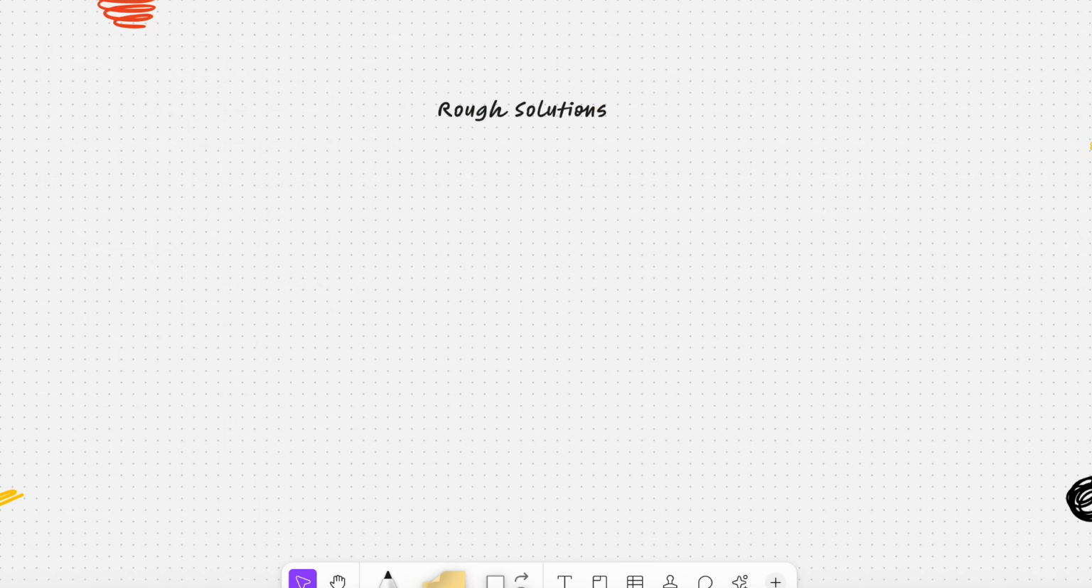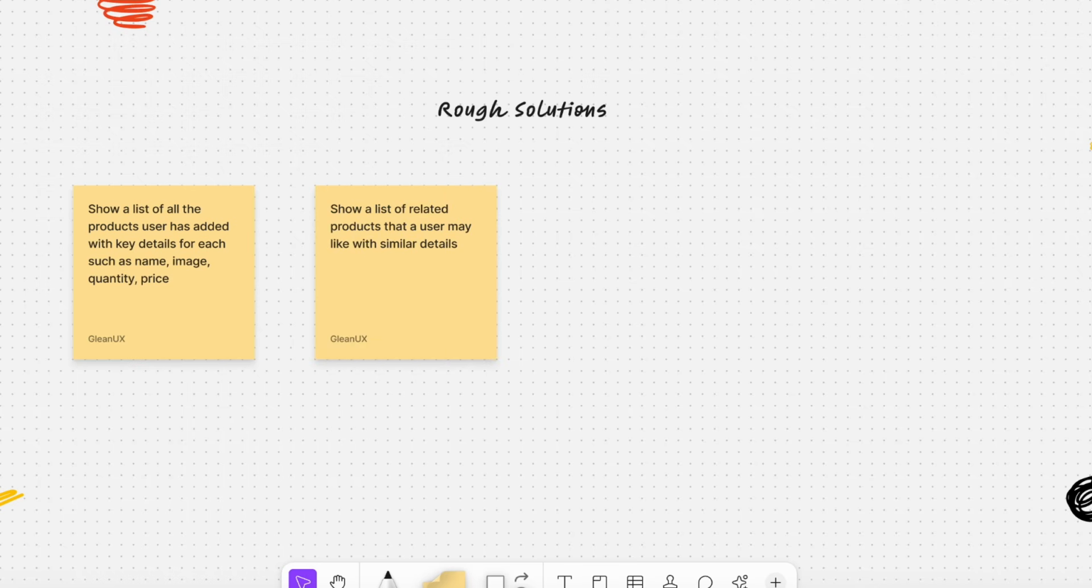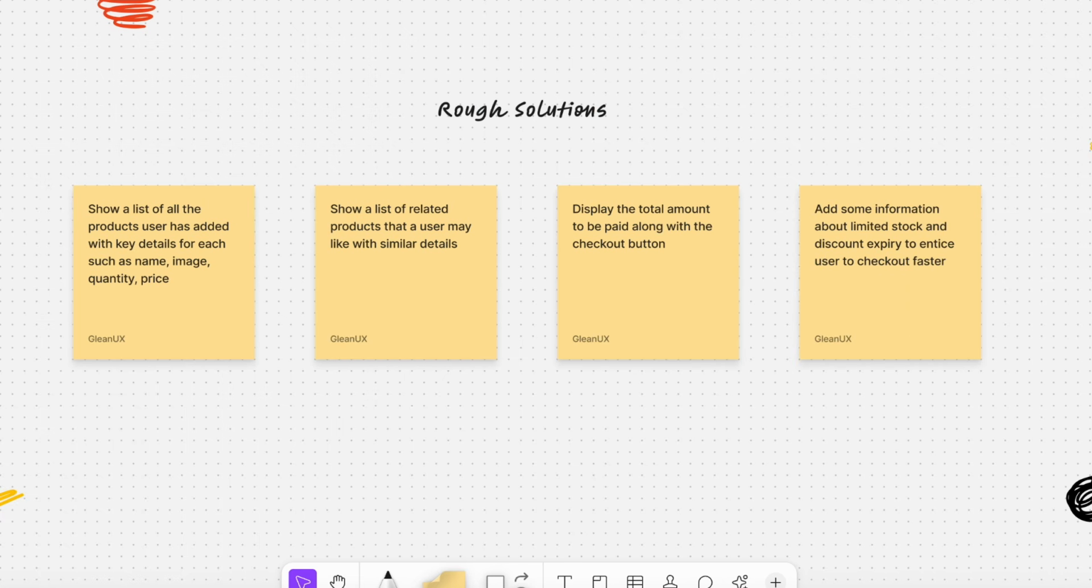of reducing drop-off rate. So a few solutions could be show a list of all the products the user has added to their cart, key details for each, such as name, image, quantity, and price. Next, we want to show a list of related products with similar key details. We also want to display the total amount to be paid and a checkout button. Finally, we could add some information about limited stock availability and discount expiry to entice the user to check out